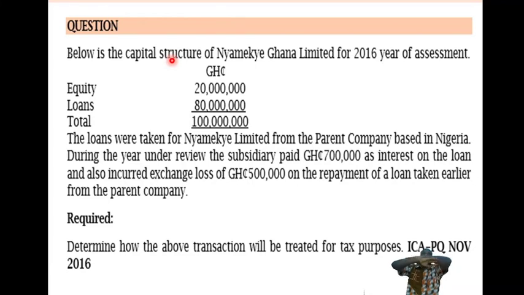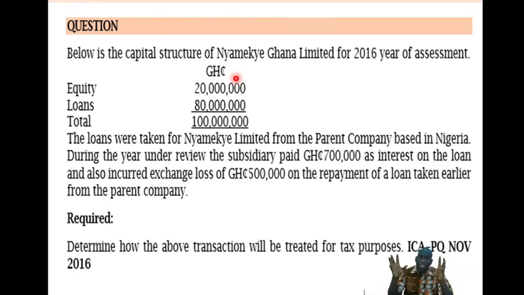Once you are a non-resident person and you have 50% or more interest in a resident entity here, you become an exempt person. So in this particular past question, Nyamiche will therefore be called an exempt controlled resident entity. It means Nyamiche is a resident entity, all right, but it's an exempt controlled resident entity. Why? Because it is being controlled by an exempt person. That's the point we are trying to make.